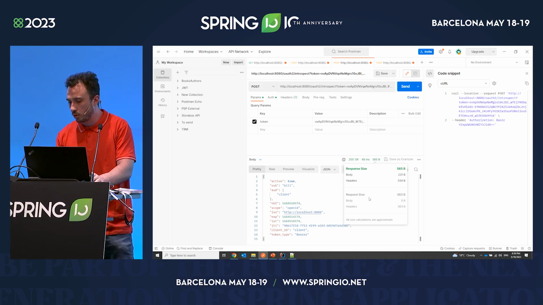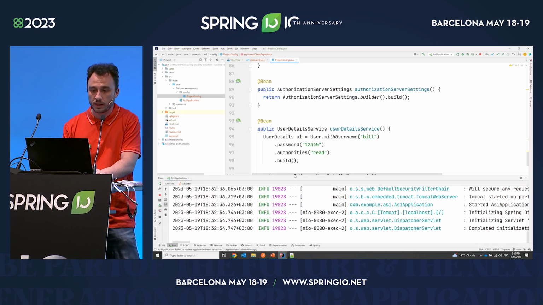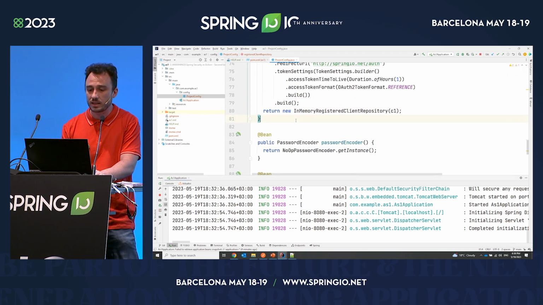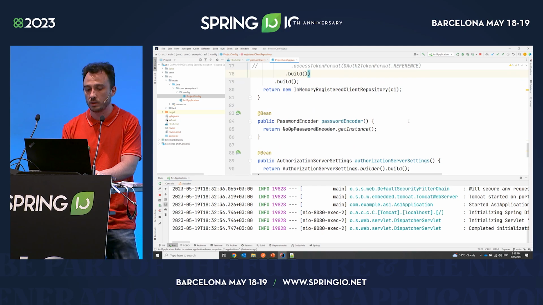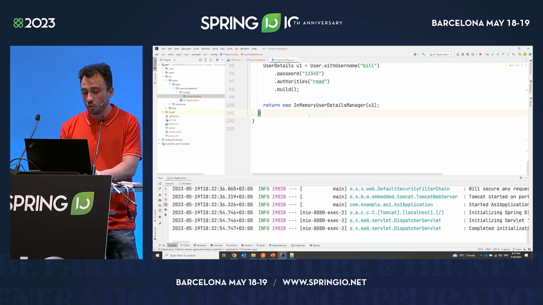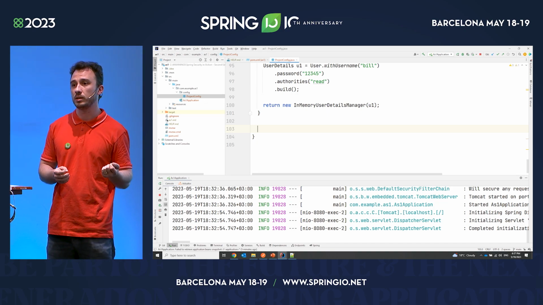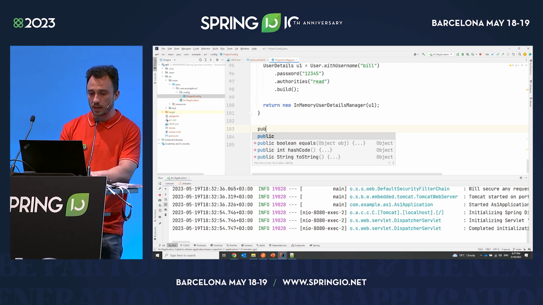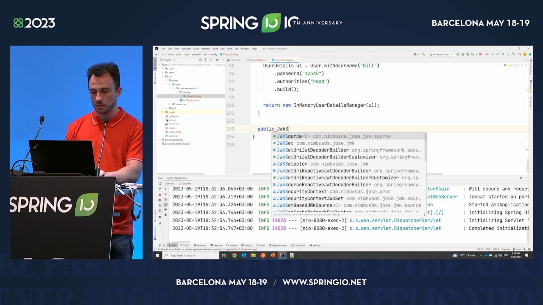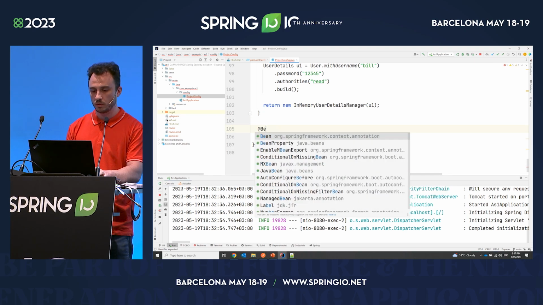But of course, you can also implement JWT, which is most likely what you do. And in that case, at least this has to go out. And that's not enough. You need to have at least one pair of public-private keys, because you need a way to sign the token, and then the resource server needs a way to validate it, no? And if you want to do that, you need a key source, which is another bean